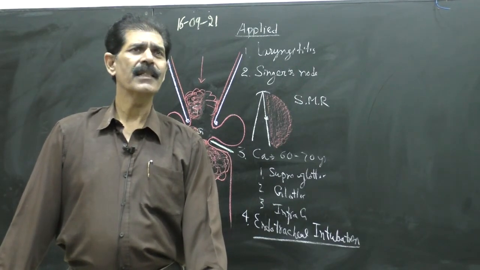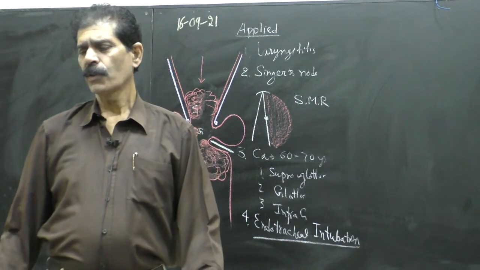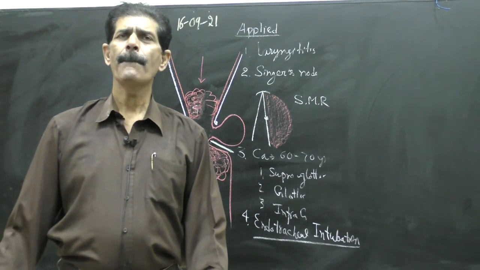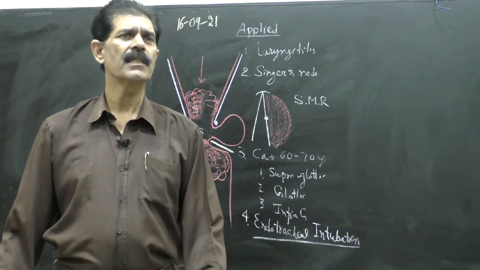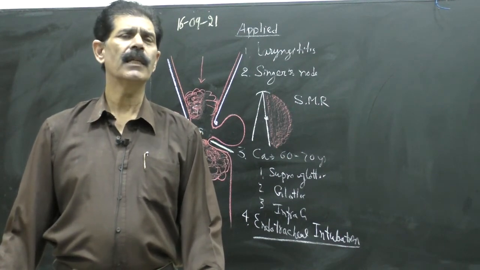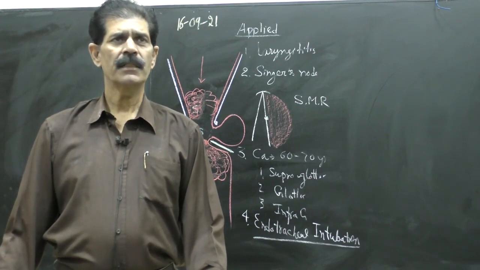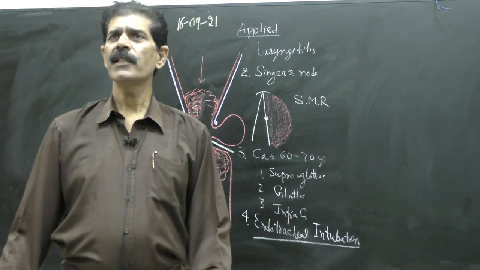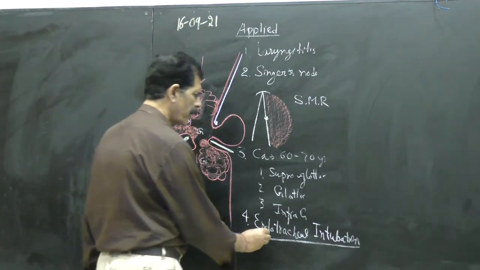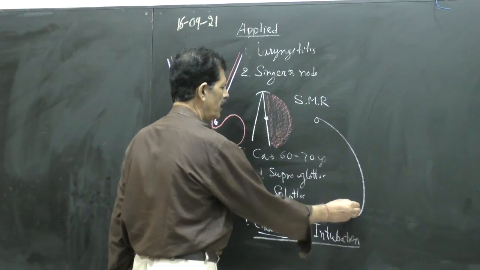During the surgery, which may prolong for 3 hours, 4 hours, 6 hours, during that period of the operation, we give an artificial oxygen supply to the patient, or in other words, we put the patient on the ventilator, even in the operation theater. For that, a special tube is available in the market, which is called the endotracheal tube. It is a rubber tube.